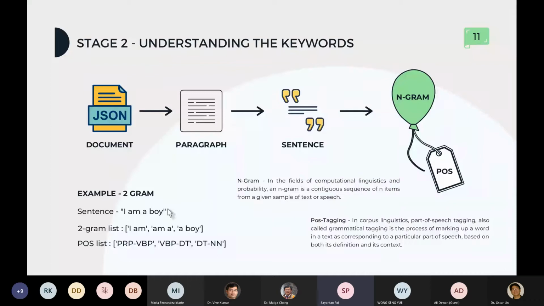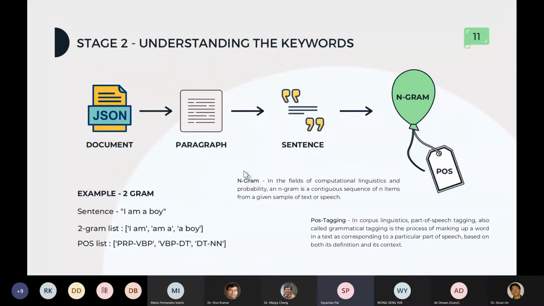When I talk about n-gram, in our project, we are using n from 1 to 4. Like we are considering from 1-gram to 4-gram only. So let me tell you what n may mean. When I talk about 2-gram, a 2-gram list would contain two words at a time. For example, for I am a boy, I am would be the first 2-gram, then am a would be the second one, then a boy.